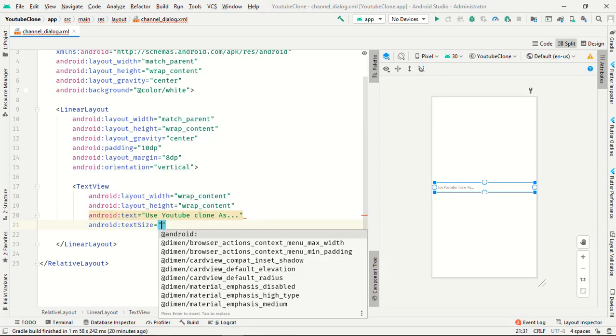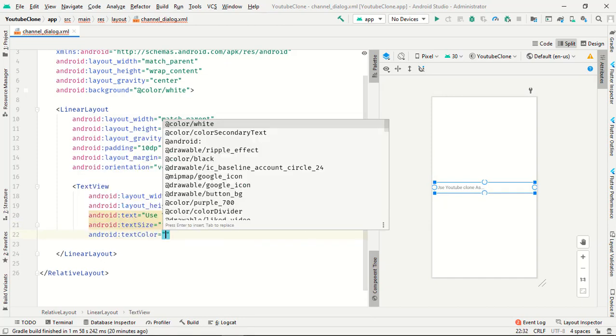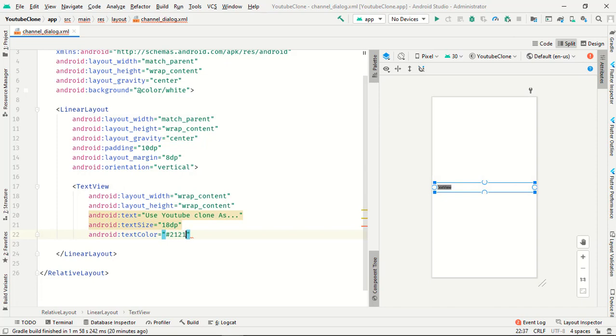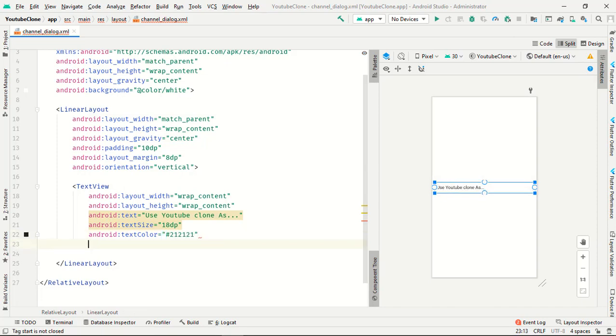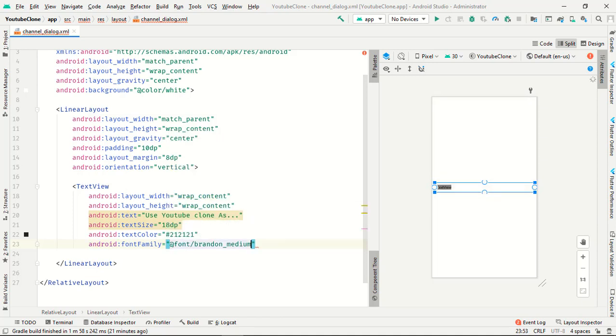Text size is 18 sp, text color is hashtag 21, and font family. You can use anything in this font, but I am using my default. I downloaded it from Google and in the last video I gave the link in the description, just download it. Okay, perfect. So this part is completed.